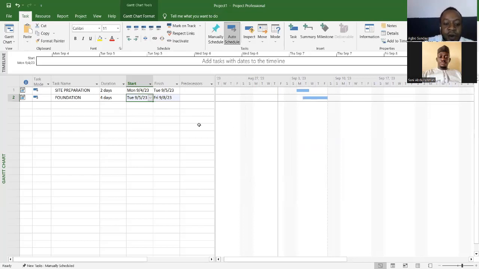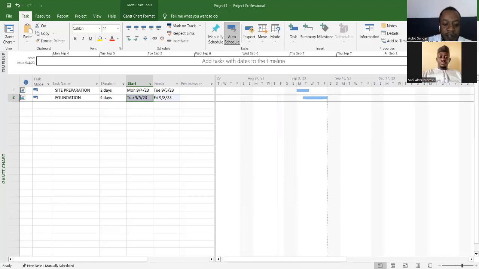All right. So the same thing applies to any other functions, because if you actually break foundation down into maybe excavation, blinding, backfilling, any other activities that are involved, then we are going to have a lot of tasks under it. Okay, we are going to have a lot of tasks or a lot of activities under it. All right. So the next